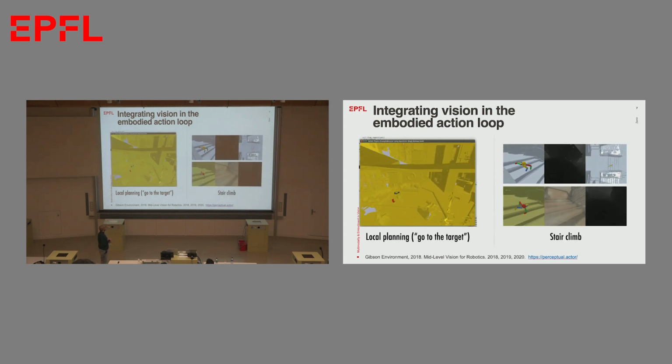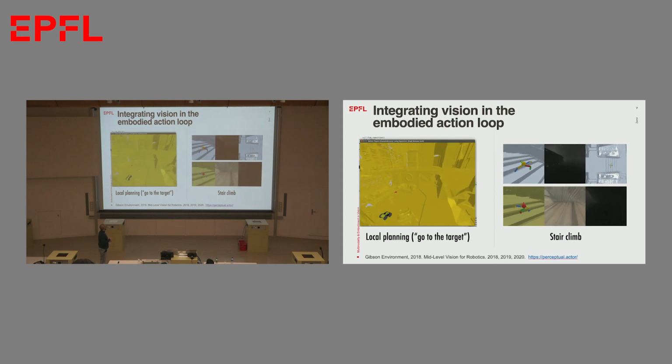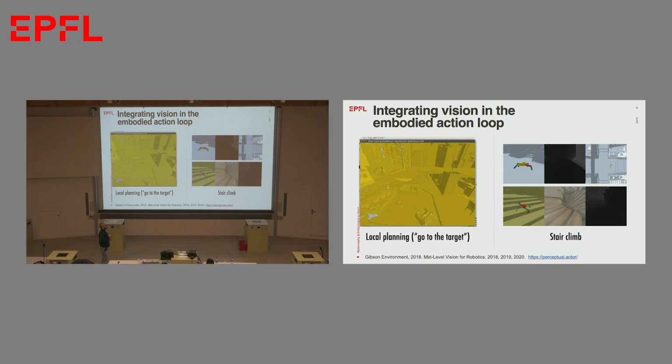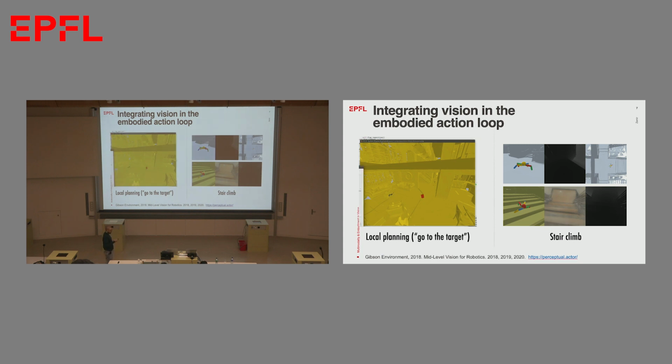For example, we can have a robot that plays catch with a cube, but this is communicated to it basically visually. It has to see the cube and go to it, or the ant that is climbing down a stairway based on the visual feedback that it receives. Or like we worked on what was called mid-level vision, which was a vision module that you plug into the loop of an active agent in order to accelerate the learning of its visually guided behavior. Okay, so these are the things that we did in the past, so I promised